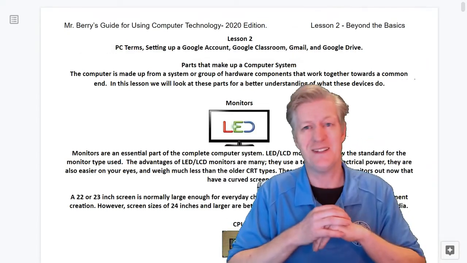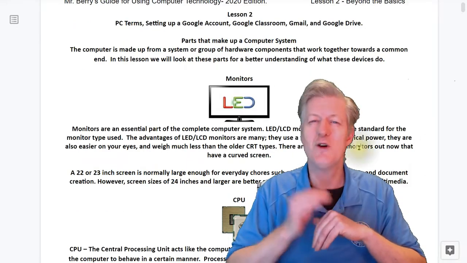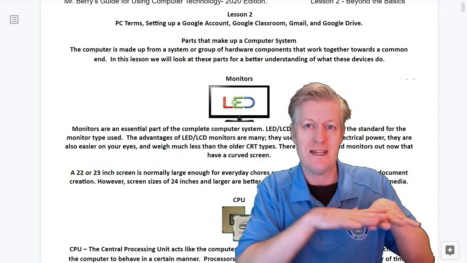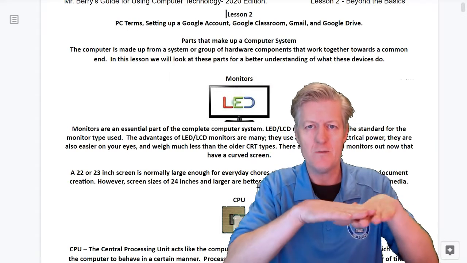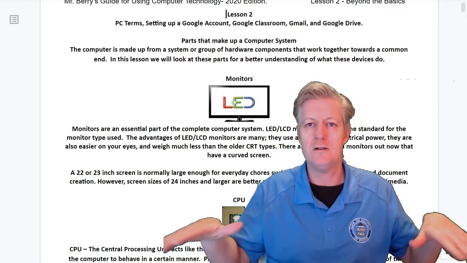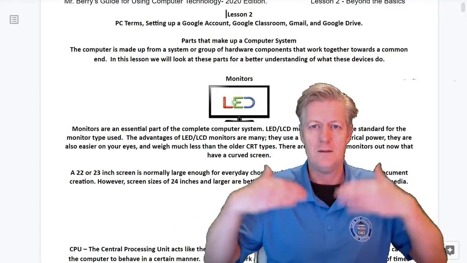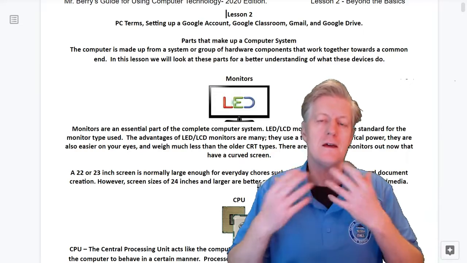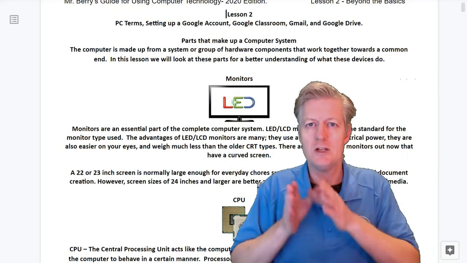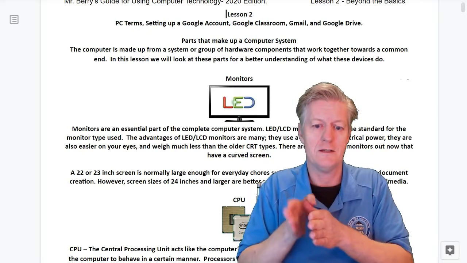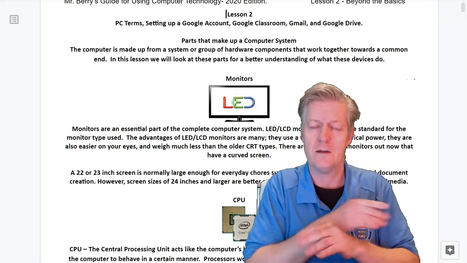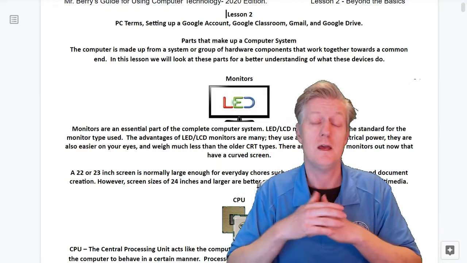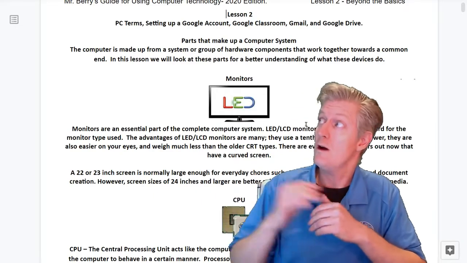Here we are in lesson number 2. Now lesson number 2 goes beyond the basics. What was given in number 1 was the very basics. You might consider that the foundation, and lesson number 2 goes beyond the foundation, maybe the walls of the house or something like that. And that's the way I build my lessons. Each lesson is built off the previous lesson. So number 1 is the very basics, number 2 is going beyond the basics, and here we have terminology.